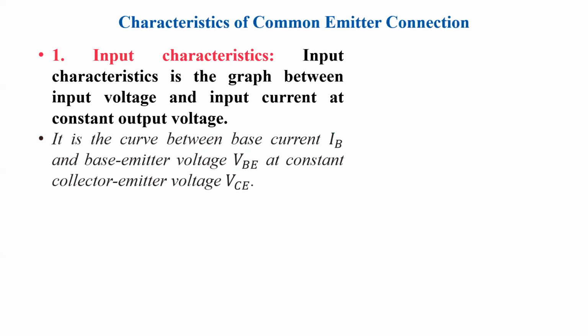So in common emitter mode, the input current is the base current IB and the input voltage is VBE, that is the voltage between base and emitter, and the output voltage VCE needs to be constant while studying the input parameters behavior. Therefore, the input characteristic is the curve between base current IB and base emitter voltage VBE. It is the graph of